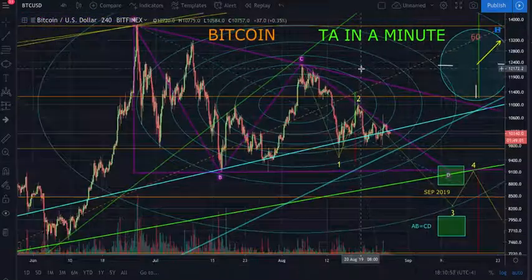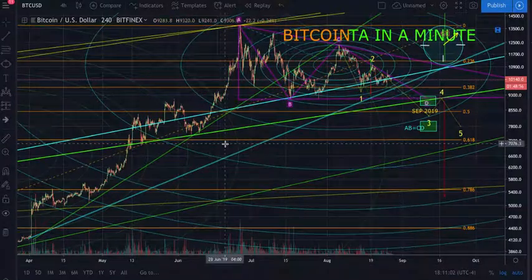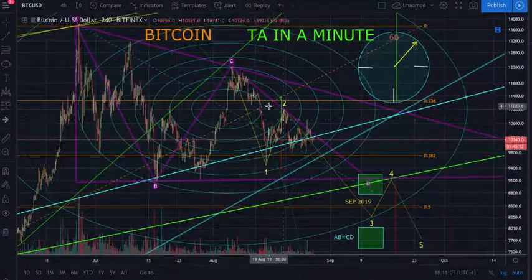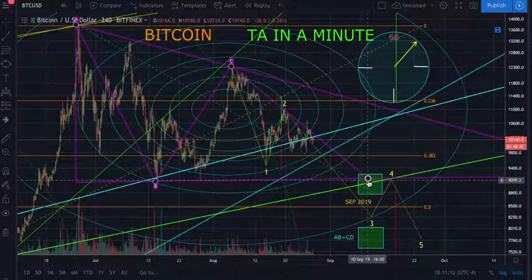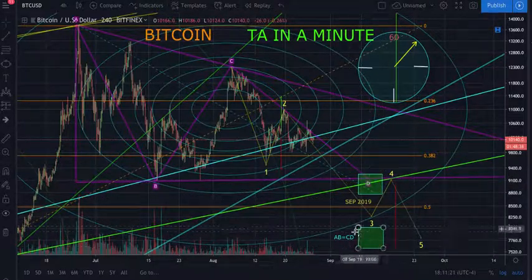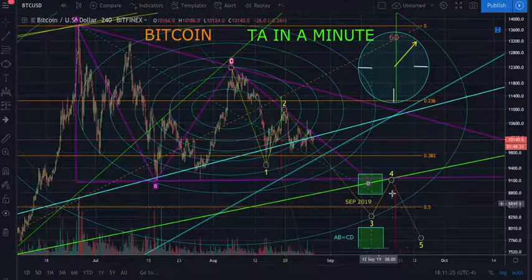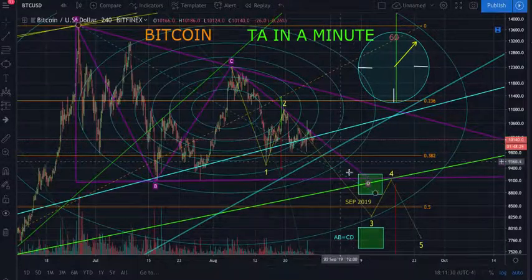So alright, anyway, let's keep going. So we come down here, we end up basically hitting around this support line right here, and I think that's going to be a very strong support. It also comes in with where I have the bottom of the triangle drawn, so I think that's a very likely target. That's above our AB equals CD, but still, that's how we get the top range that I had given you, and the AB equals CD is where we got the bottom range. And right smack in the middle is the 0.5 for this entire wave. So essentially this whole area I think is going to be our target, but we're expecting to get bounces